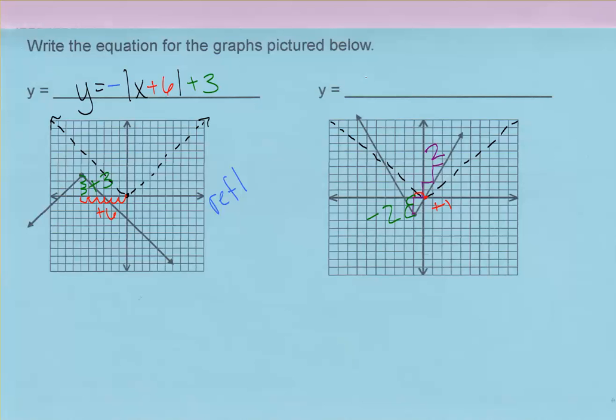So y equals 2 up front, the absolute value of x plus 1, and then we subtract 2 on the end. And that's that one. Lastly, we've got to do some